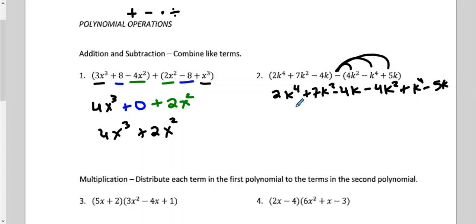All right, so now let's go ahead and combine our like terms. So you have 2k to the fourth and then k to the fourth. So 2 plus 1 is 3k to the fourth. Then let's look at this one, 7k squared minus 4k squared. So those are my like terms. 7 minus 4 is 3k squared. And then negative 4k,